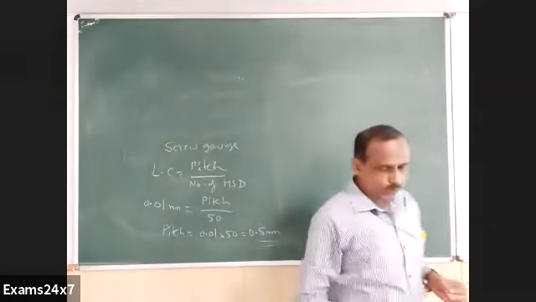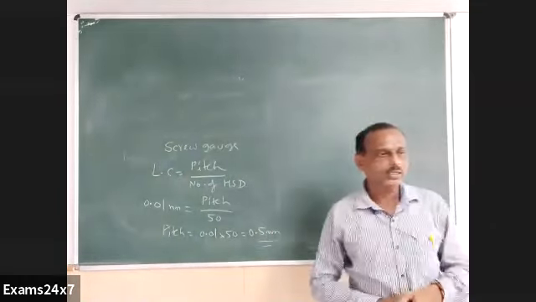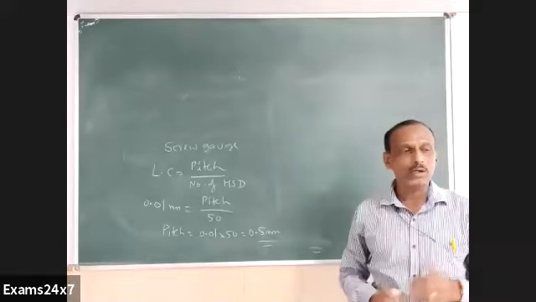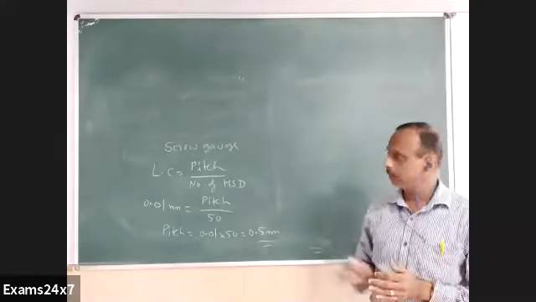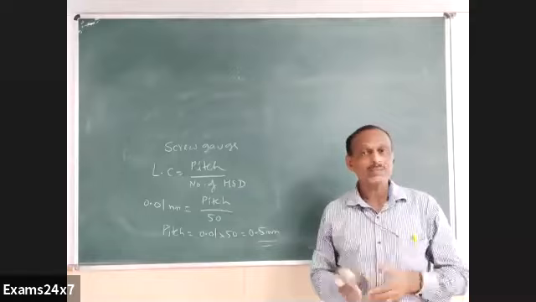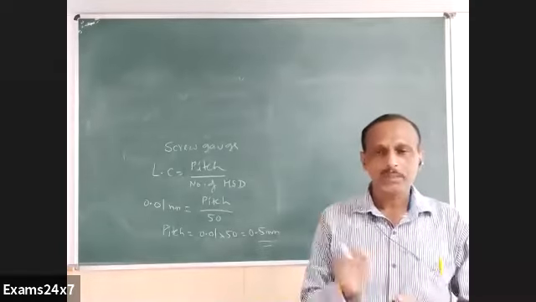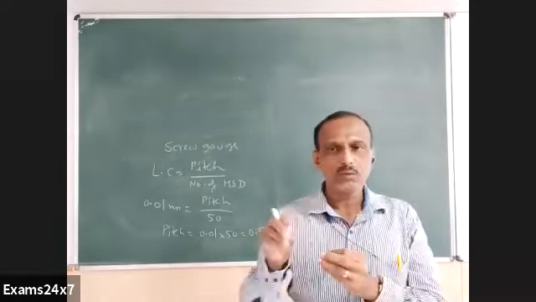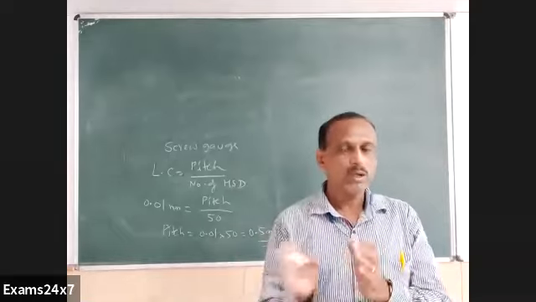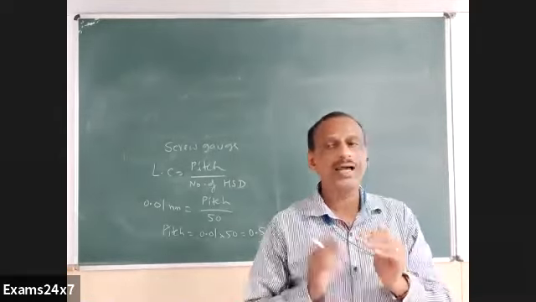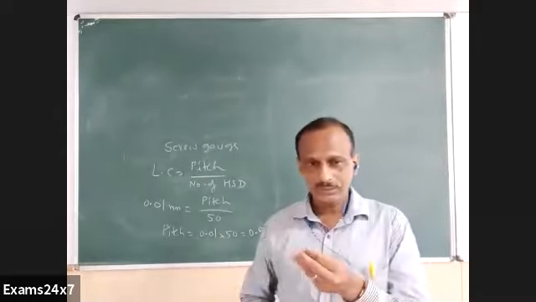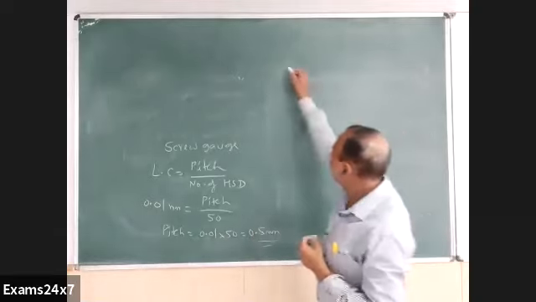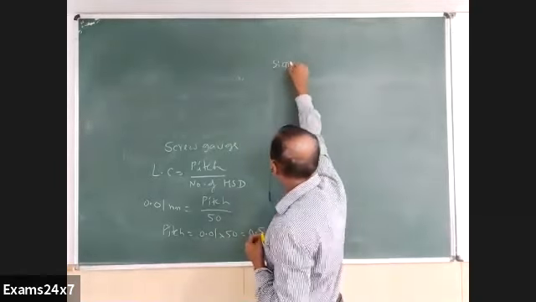Now let me continue the theory part regarding significant figures and rounding of numbers. That is the end part of this topic actually, and some rules regarding placement of a few digits in the decimal part, or how many digits we should have in the final answer, etc. Some simple rules we have. First, let us see what we mean by significant figures.